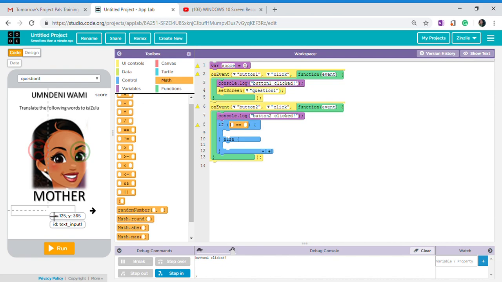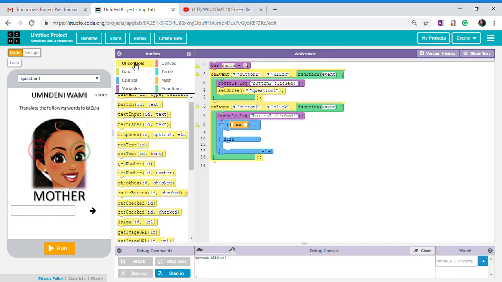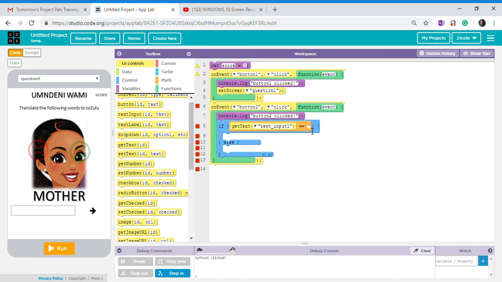If the text that we get from text input 1, so get text input 1, if it is equal to the string, we use quotation marks for a string. If it is equal to the string "Umama", and I'm using a capital letter here because on most mobile phones it is by default that the first letter is a capital. So if Umama is the answer for this one, it should